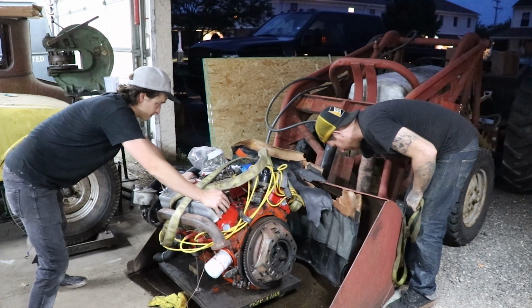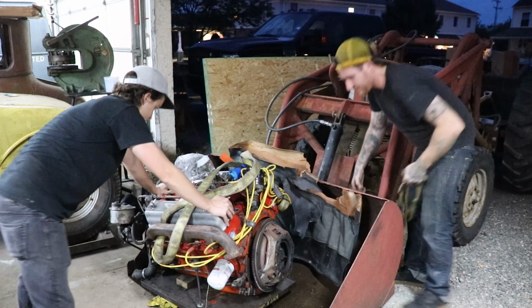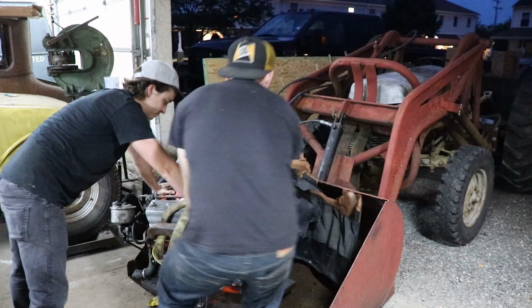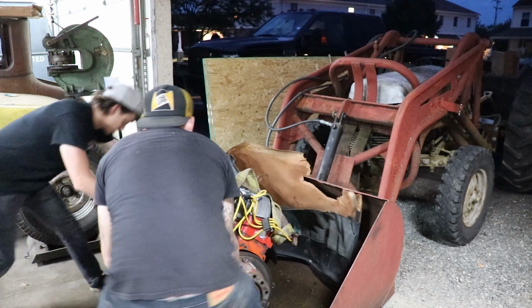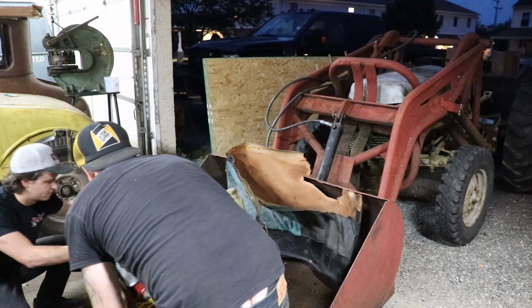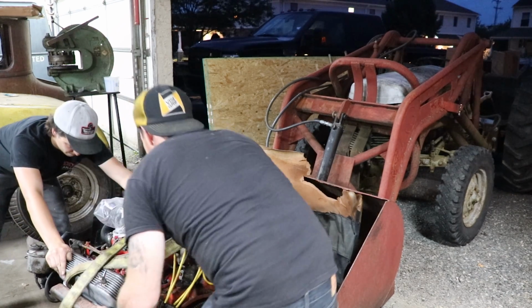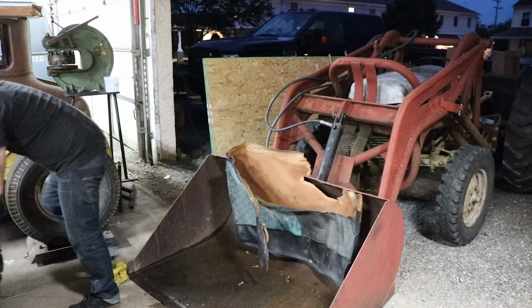New temporary home, little white block. Ready? All right. Hell yeah. Man,